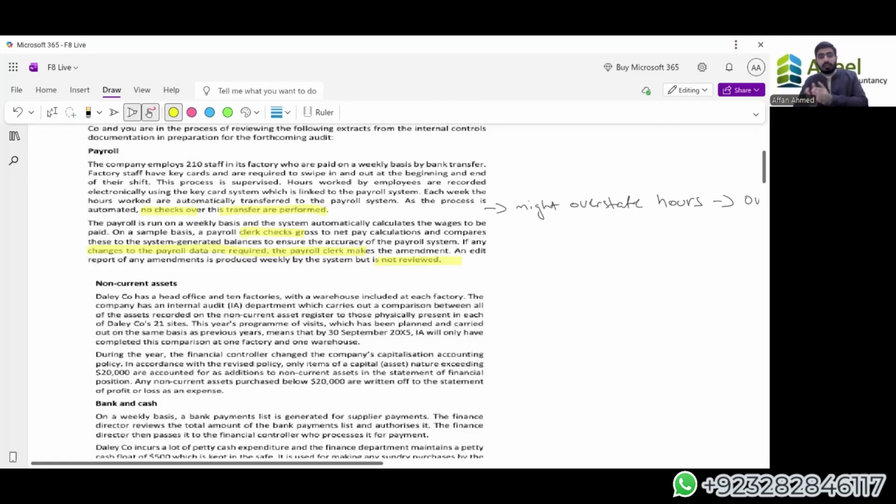Okay. Now, if I want to check this control system, first of all, I will check by multiple measures. If I am giving a senior the responsibility to calculate the gross to net payment or check the gross to net payment, then he will sign the documents that yes, he has checked it before it goes forward towards the payment. Second thing, if there is an amendment problem that I had, I will recommend them to apply passwords and give only authorized people the access to the system.